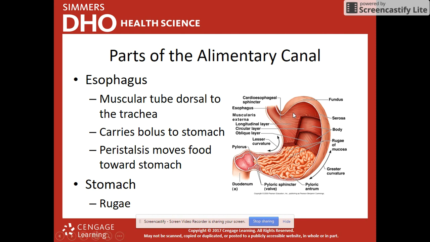And then the stomach itself is the picture that you see there. So a lot of it is muscle, which is this here. There's a bunch of different layers. And then the next layer is what we call rugae, which is this foldy stuff here that creates a lot of surface area in the stomach for things to be digested. There's a lot of mucus that's produced in here to protect us from the acid that's in the stomach from actually eating through the stomach and getting into our abdomen. And we'll talk about when that doesn't work right. So again, the rugae is just the folds in the stomach.